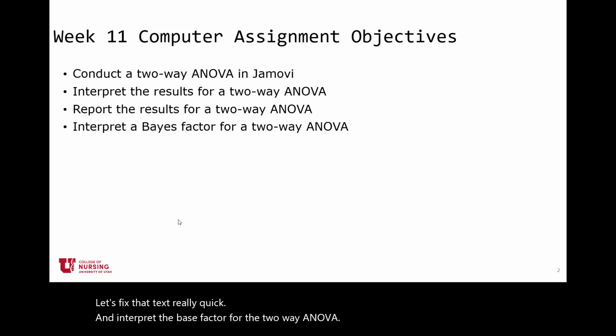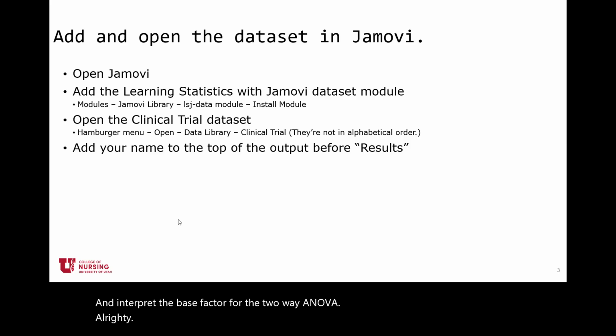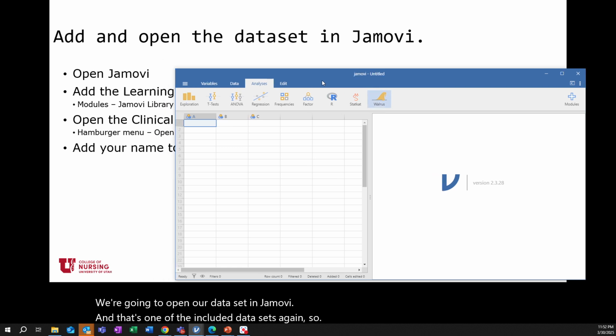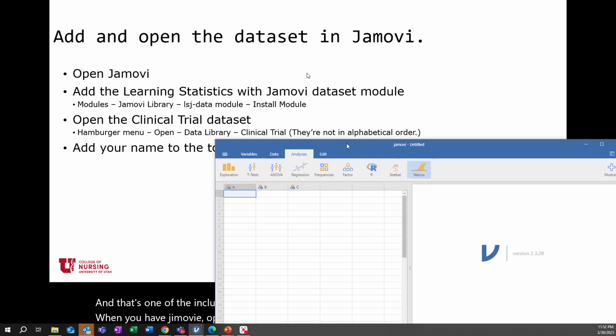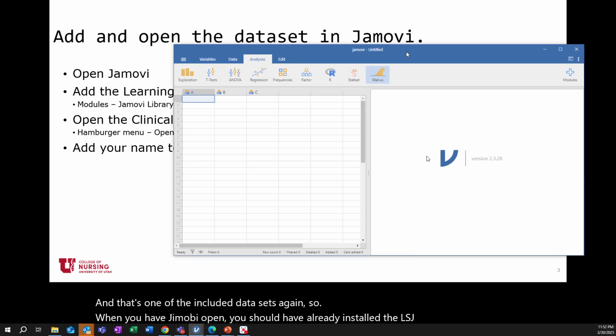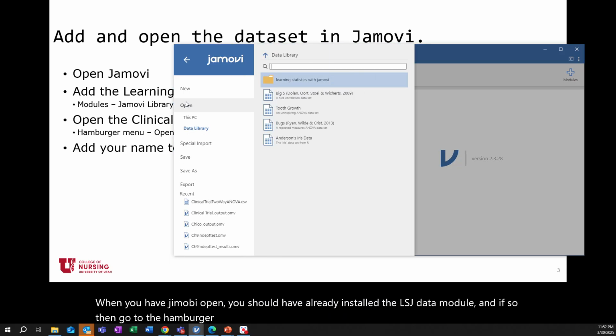Alrighty. We're going to open our data set in Jamovi, and that's one of the included data sets again. When you have Jamovi open, you should have already installed the LSJ data module. And if so, then go to the hamburger menu, open data library,